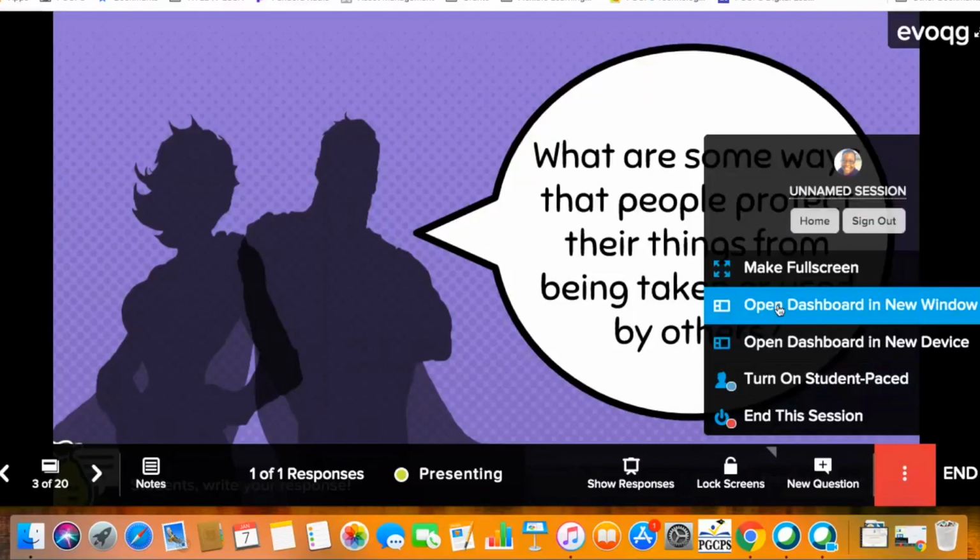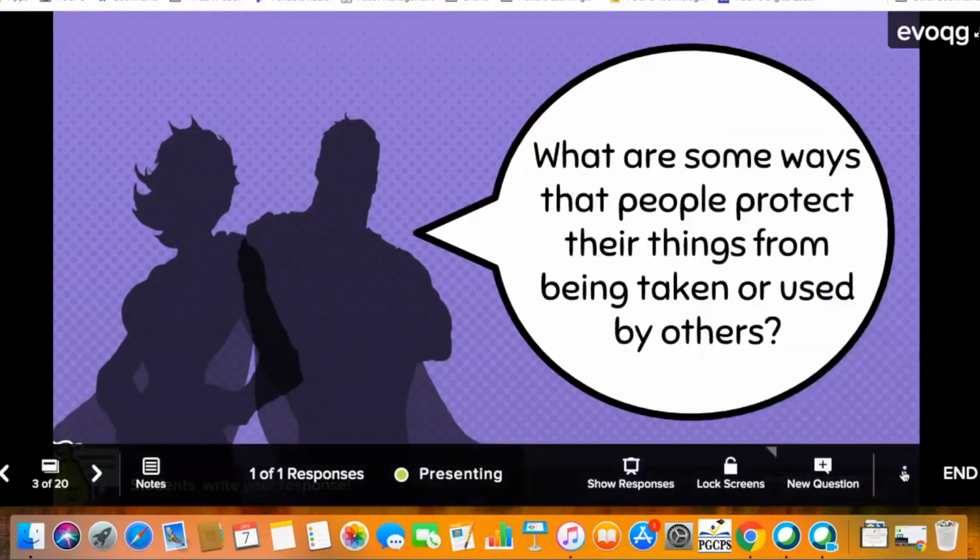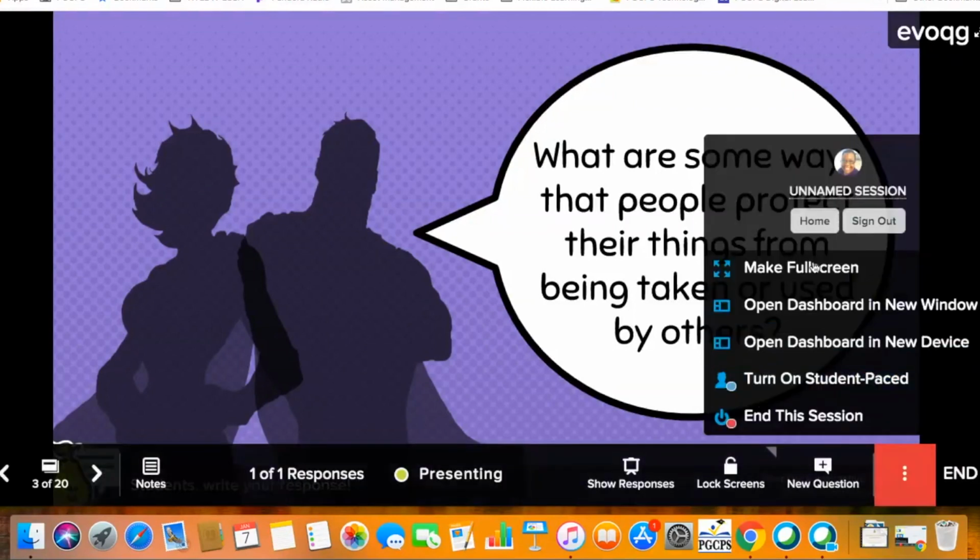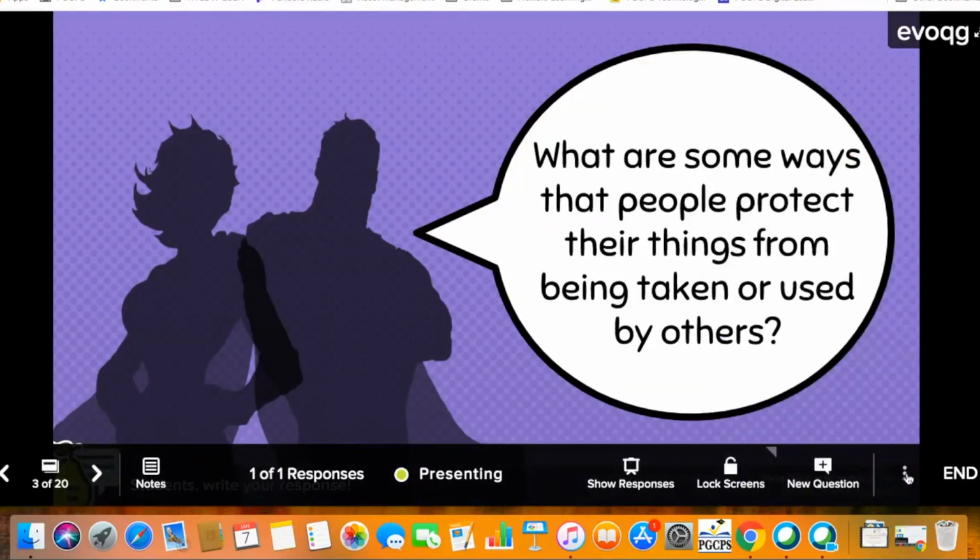We also talked about opening the dashboard. The dashboard is where the student names are attached to their responses. This isn't what we recommend you opening in front of the room for everybody to see, of course, unless it's not an answer that would impact students and how they feel about what they see on the screen. Okay? So at this point, I'm going to end this particular session,